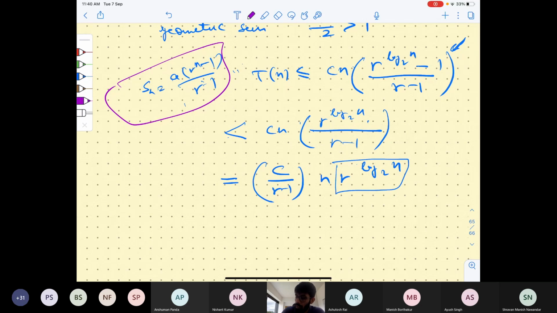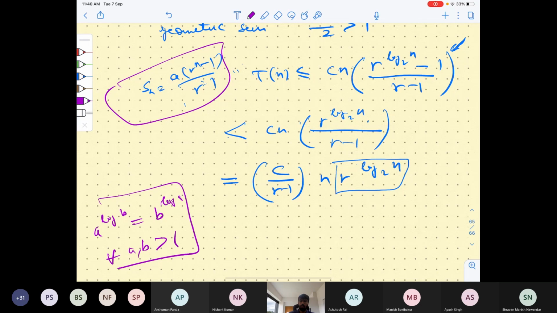of some formula of n, and for that we use this equality that a to the log b is equal to b to the power log a. Okay, so this is a very neat equality if a and b are greater than 1. So what do we get then? Then we get this is equal to c over r minus 1 n